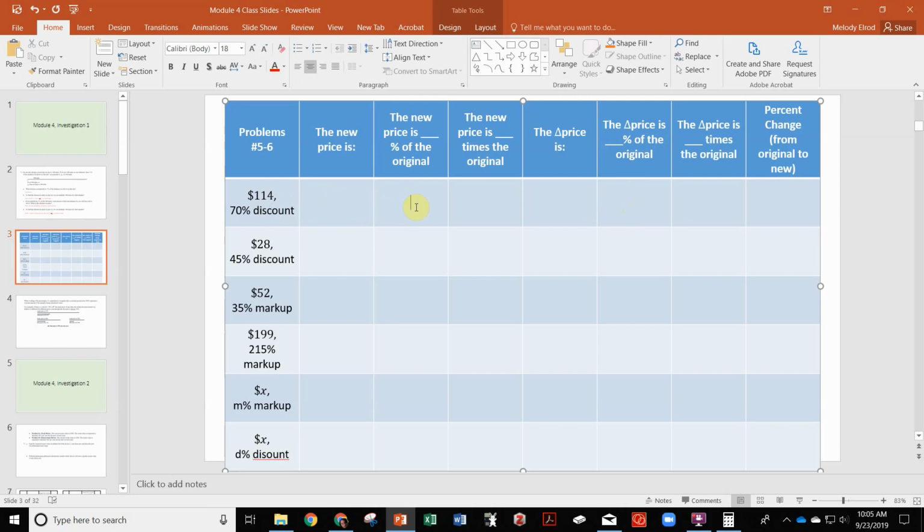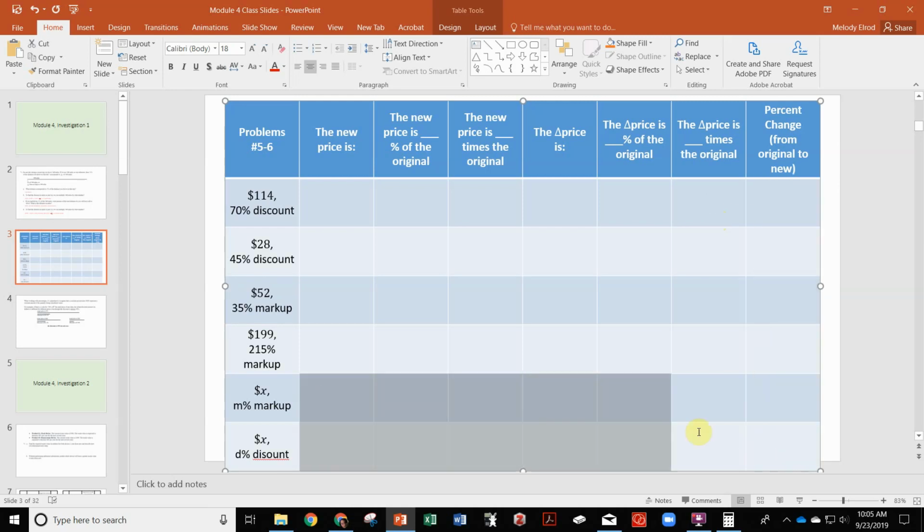So the new price is what percent of $114. The new price is how many times the original. So if I had $114, what would I need to multiply by to get to the new price? And then what is the change in price? If I take the original price and the new price and subtract, what's the change in price? And then the change in price is what percent of the original. So this change in price is what percent of $114. And then the change in price is how many times the original. So if I wanted to get that change in price, what would I need to multiply $114 by to get that price? I don't want you to worry about this last column here,